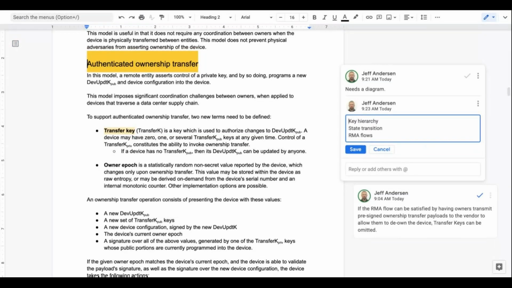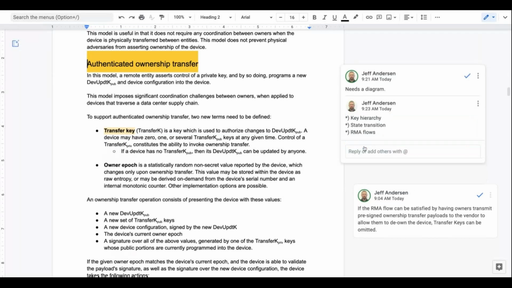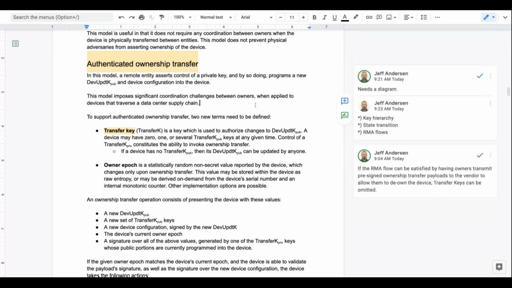Right. The other thing that is not mentioned here is we were saying that we want to separate the clearing of the secrets from the ownership transfer. But the question is, who can do the clearing of the secrets in the device? Is that the owner? I should think yes. An owner should be able to clear secrets. Let's consider the case of a TPM. In certain cases, anyone can call TPM clear, or it could be lockdown, whatever.